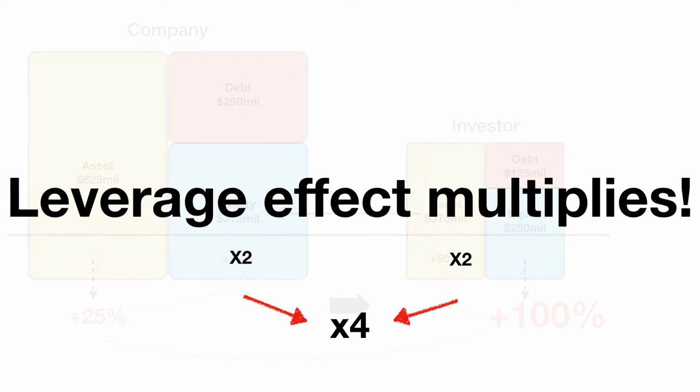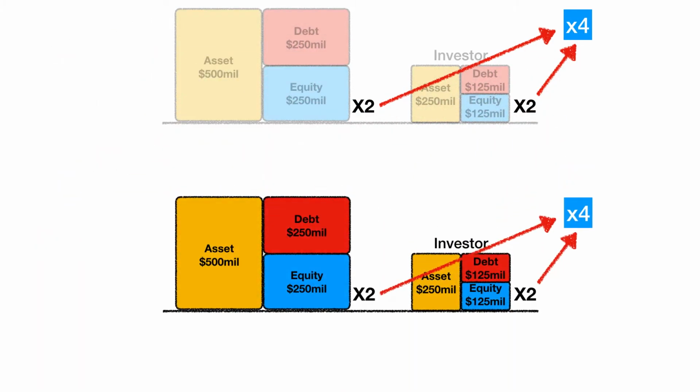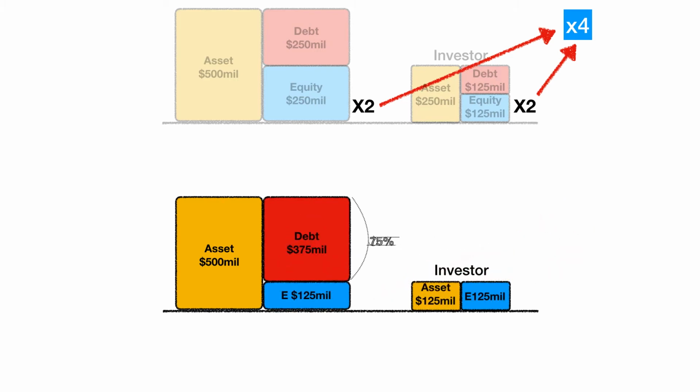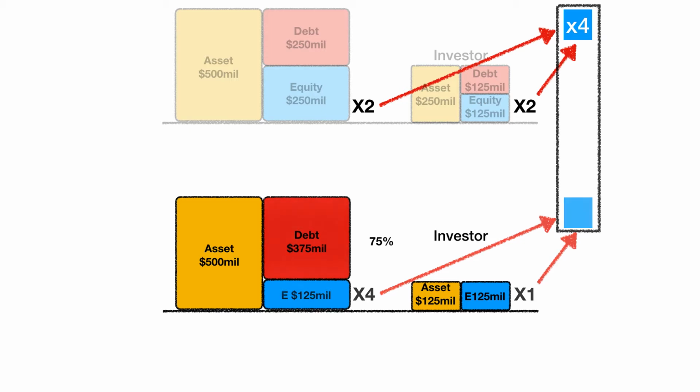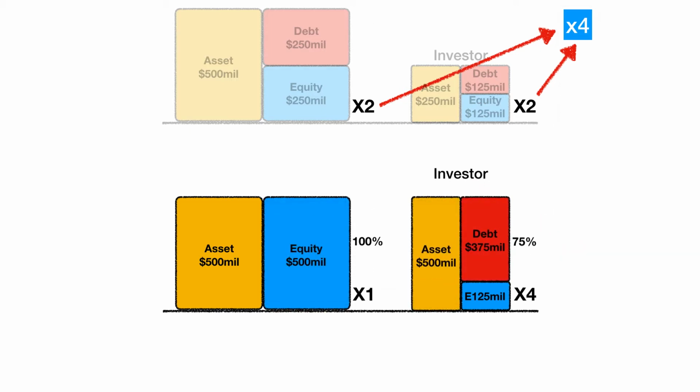At the end of the day, you would only care about how sensitive your equity fluctuates relative to the underlying assets of your investment. There are an unlimited number of leverage combinations that result in the investor's equity being 4 times more sensitive than the company's assets. It might be 4 times 1 equals 4. Or 1 times 4 equals 4. It doesn't matter how the company or the investor himself is leveraged in each case.